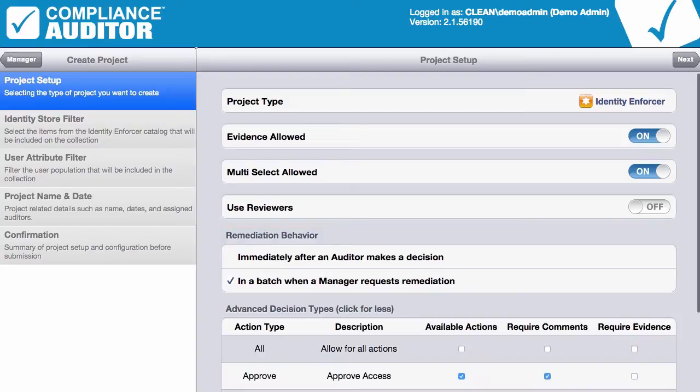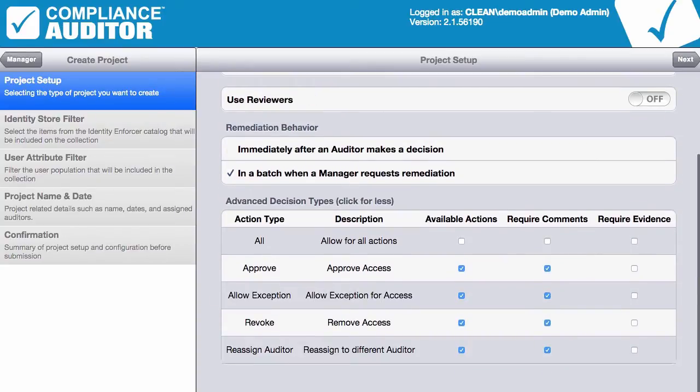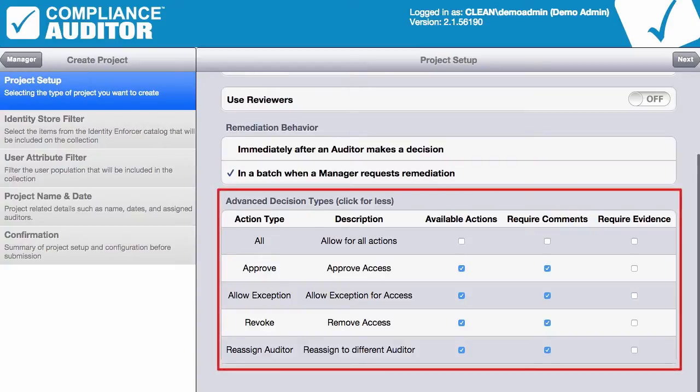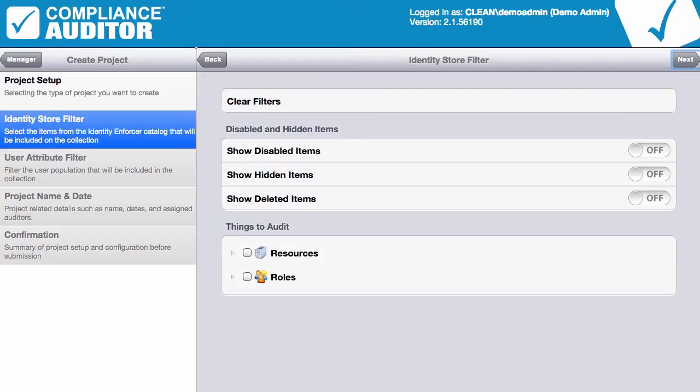We also provide some different decision making that allows you to determine if evidence and/or comments are required for any of these different action types. For this case, we're going to focus on a sensitive application. We do allow you to do entitlements based on the application, so this is at the system level, and